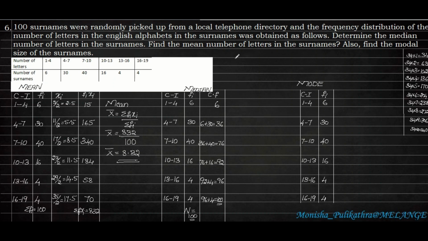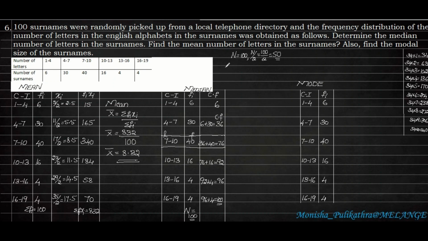Before doing this, the n value is 100. Therefore, n by 2 is equal to 100 by 2, that is 50. We need to find out in which class frequency 50 will be included. So 36 is less than 50, whereas 76 is greater than 50. So in this row, 50 can be included in this class frequency. Here the lower limit will be L, the middle term will be F, and the previous row of the one we have selected will be the cumulative frequency CF.